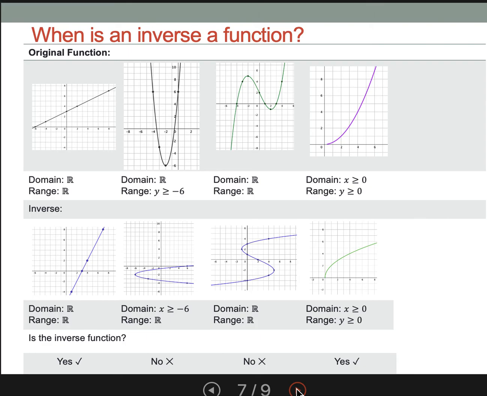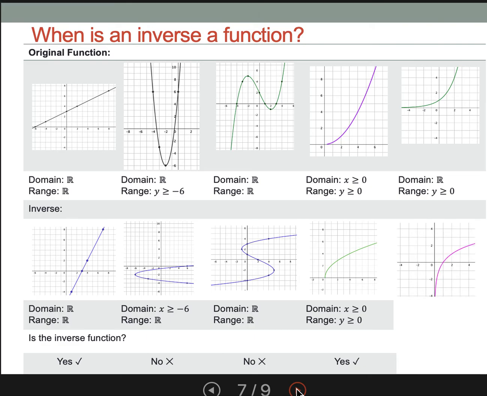Okay, let's look at a new example. It's this exponential function. It has an equation of y equals 2 to the x. Its domain is all real numbers, and its range is greater than or equal to 0. And when you find the inverse, right, the reflection over y equals x, you get this graph. The domain and range switch,